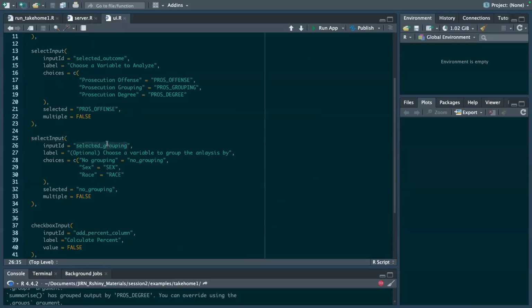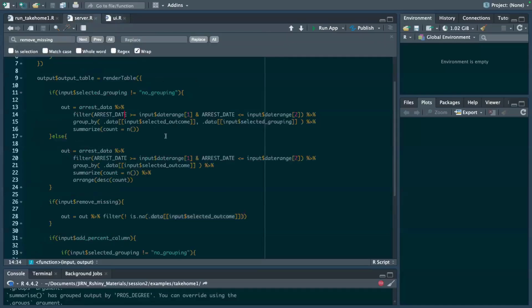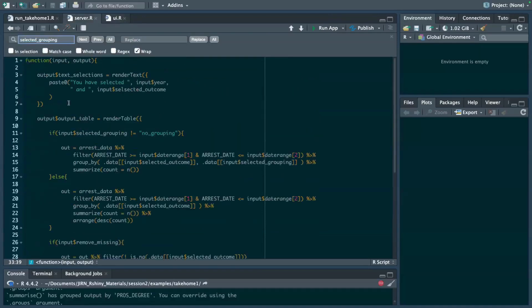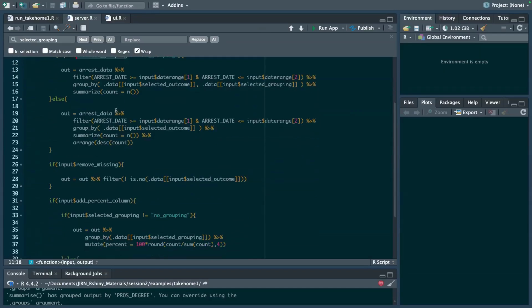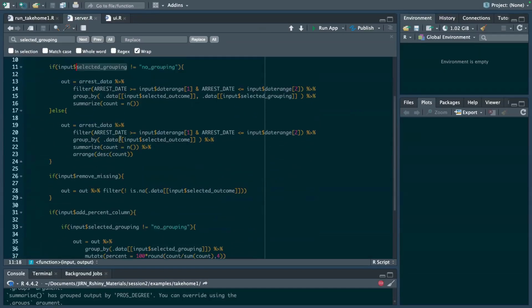And then if we find where we use this in the server, you can see I actually made some logic pass. So I said in our render table, if this selected grouping is not equal to no grouping, so that means if we are grouping our data, I'll do one thing, and otherwise